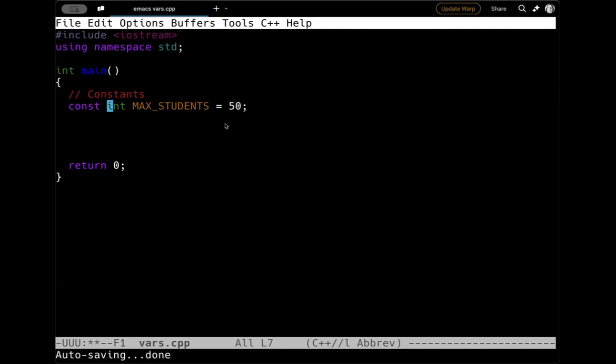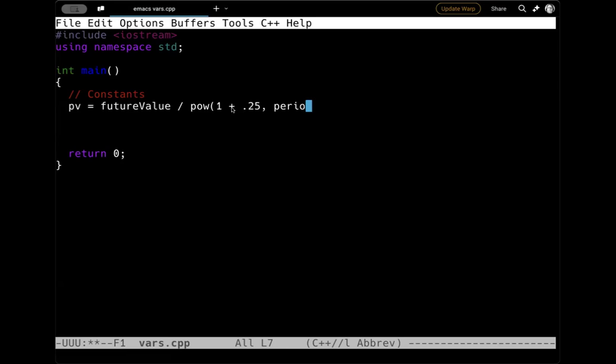So let's take an example. We haven't covered arithmetic yet, but I think you'll be able to figure out what we're talking about here. I'm not going to declare the variables. Let's just say we know what they are here. But we've got some PV variable, which will be a float, is equal to future value, which is another variable, divided by, we're taking a power function, again, we'll talk about later, which is an exponent, 1 plus 0.25, comma, periods.